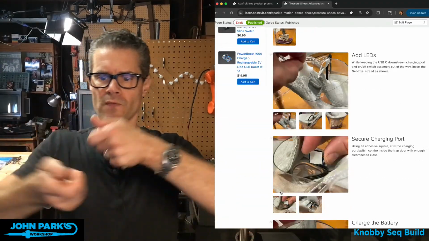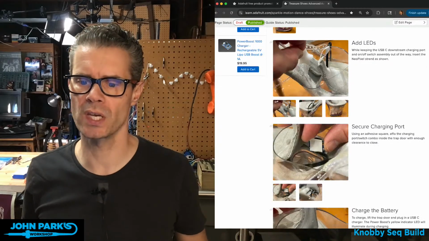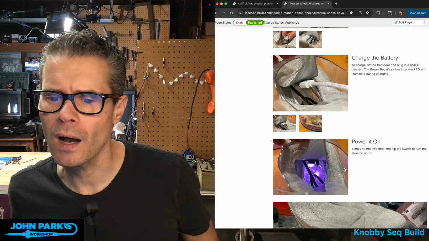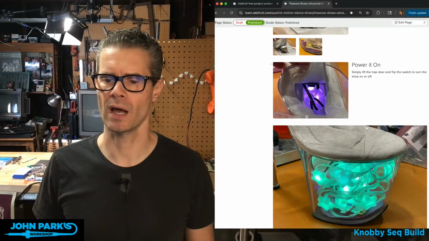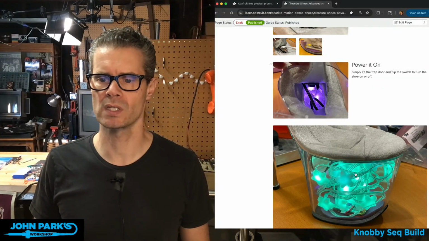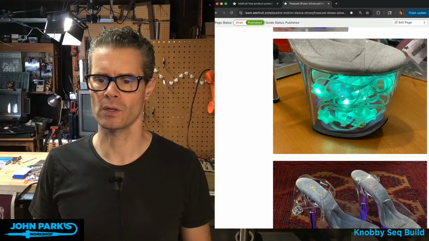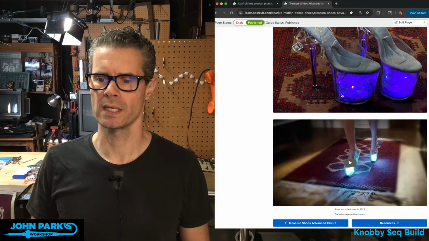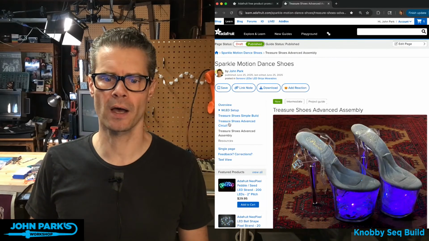And then again, we just feed in the LEDs. In this case, I've got the same ones in here. Okay, I've got a couple of versions of these going there. But yeah, there you can see it. That one's the little star LEDs, and there they are in action.